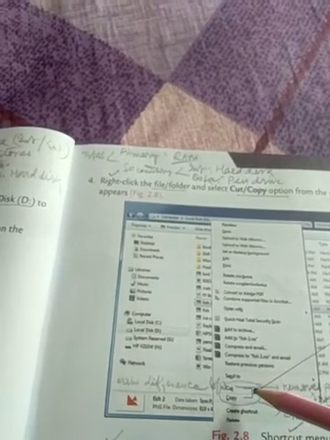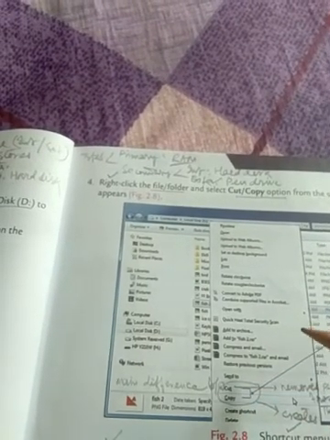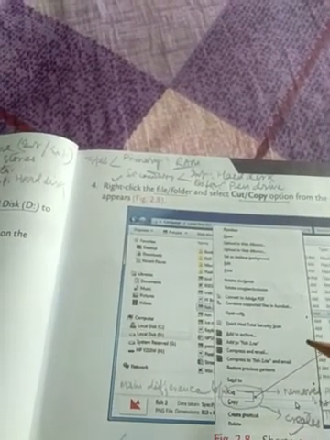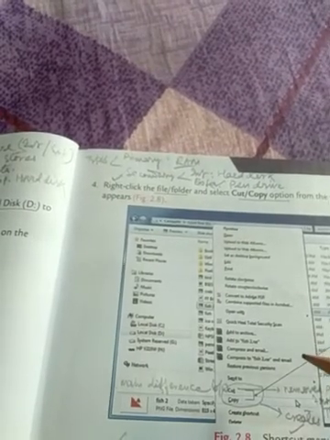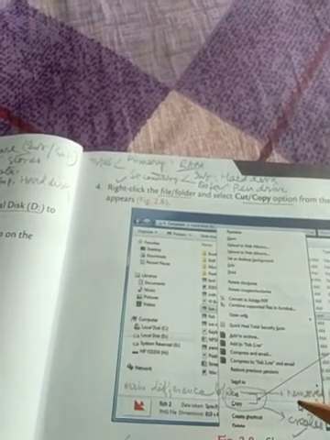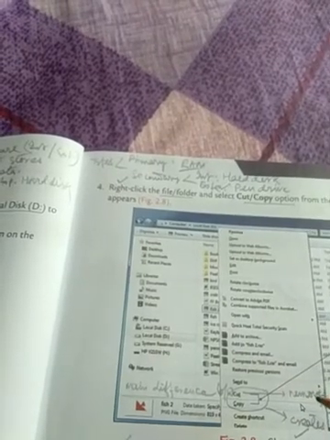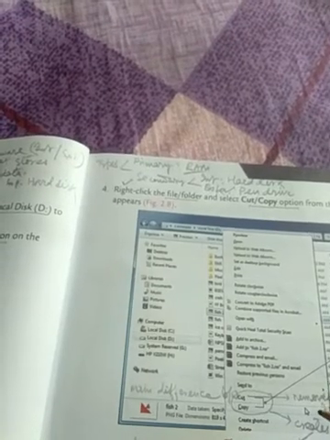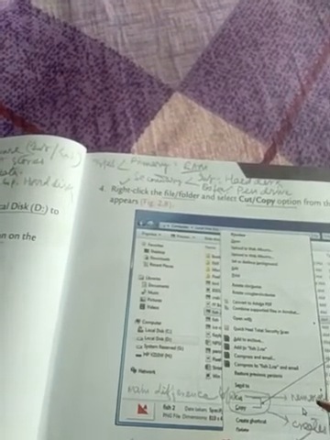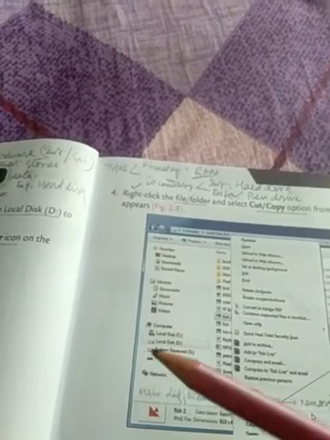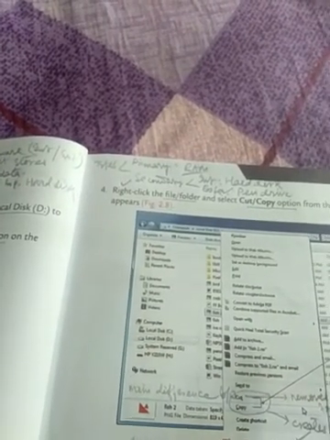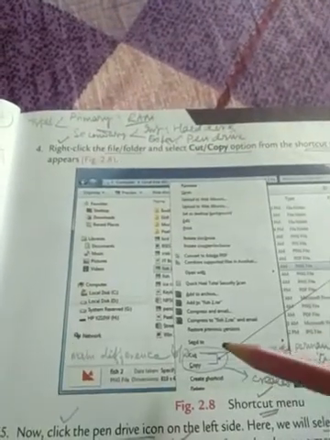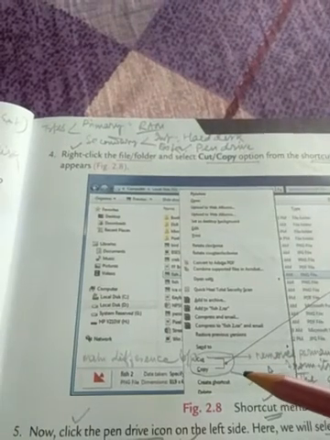In a word, the cut option will be used to permanently remove any data, file or folder from its original position to another desirable area. But the copy option will be used to create a duplicate or replicate of the original content, and it can also be moved or copied from one original position to another desirable area. This is the main difference between the cut and the copy execution option.